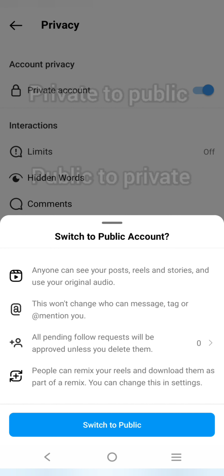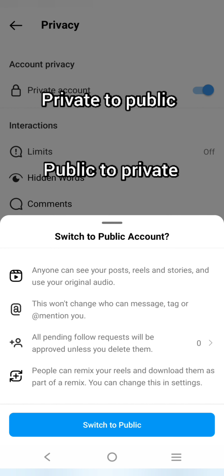This is how you can change a private account to a public account or a public account to a private